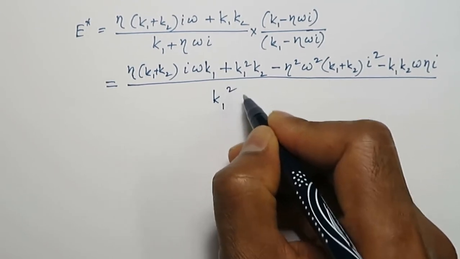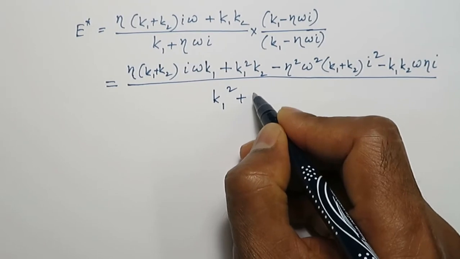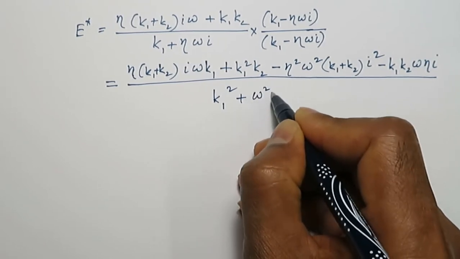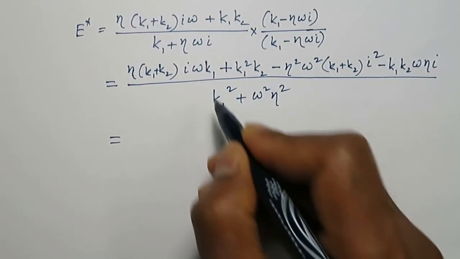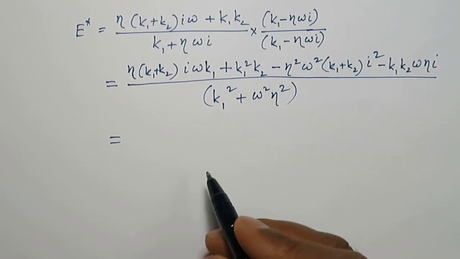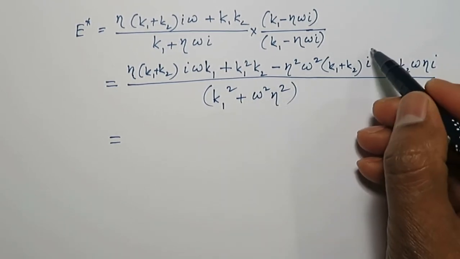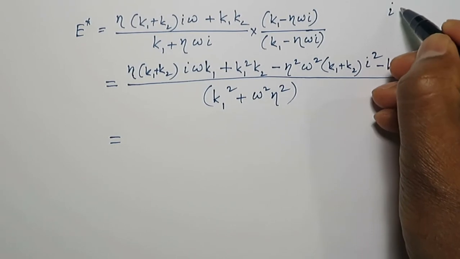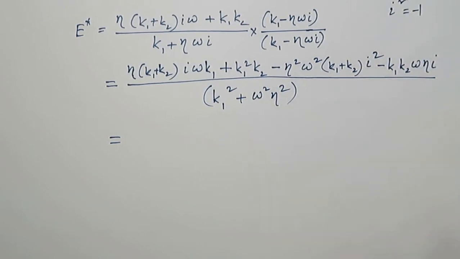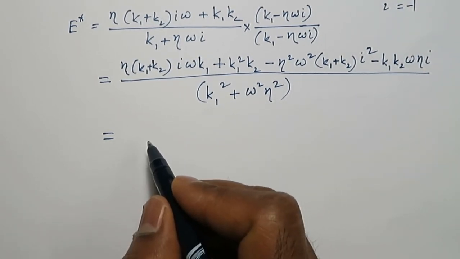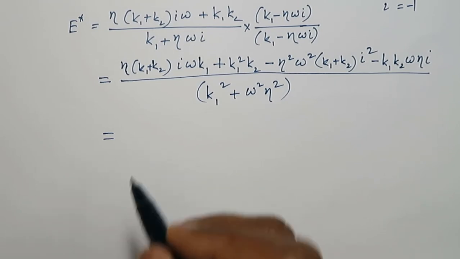It is k1 square plus omega square eta square. So now here we can see that i square is minus 1. So we can further simplify this as